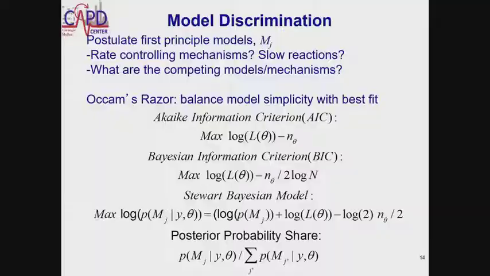And we've adopted this Bayesian model that was developed by Warren Stewart and actually George Box as well, where what is done is calculate a probability share. So you have a Bayesian quantity that is the probability of the model itself, given that you have estimated the parameters correctly and you have certain data. Then you take the probability of each of these models and calculate what the share is of each model. So it doesn't tell you that this is the absolute perfect model, but it says among the models that you examined, this is the most likely one. So we're going to use that idea. Those are the tools that we want to go into.